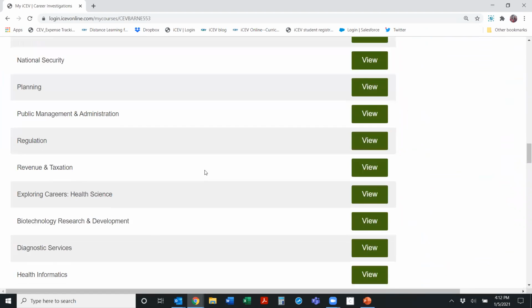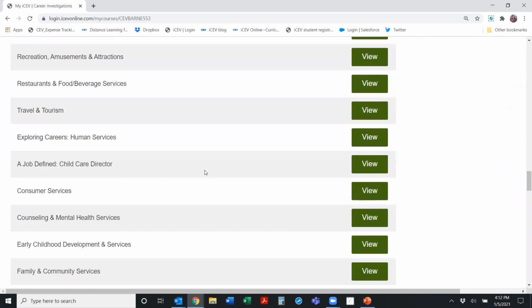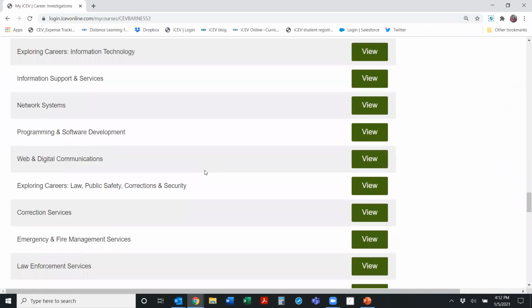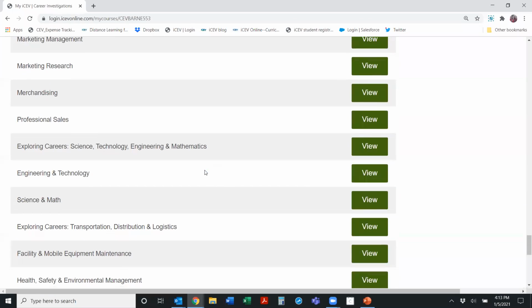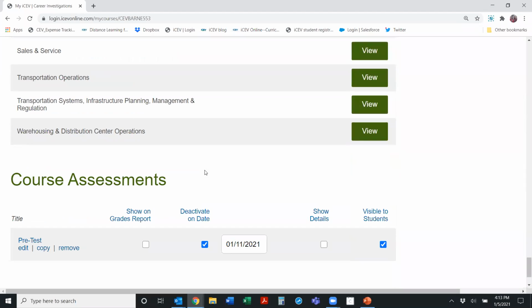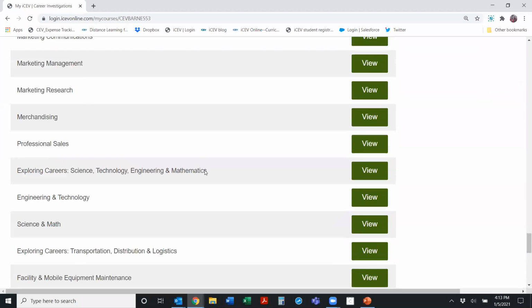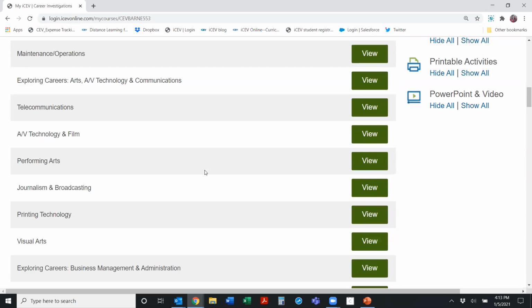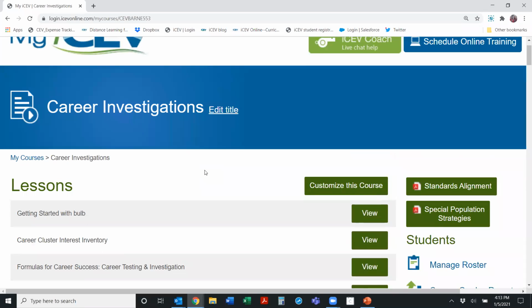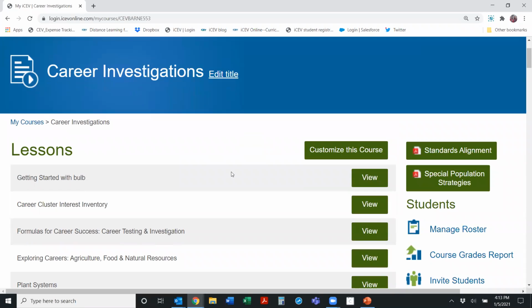And in Virginia, I don't know how it is in your state, but it really varies how many weeks. The state gives the division the choice of how long the course is. Well, this would take like a year at least to cover all this content. So what I want to show you next is, what if I'm a teacher that only has 9 weeks to cover the competencies? So obviously I need to change some things on this course. So I'm going to click this customize this course button.